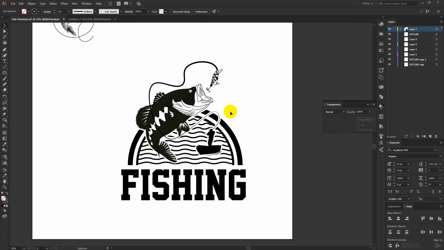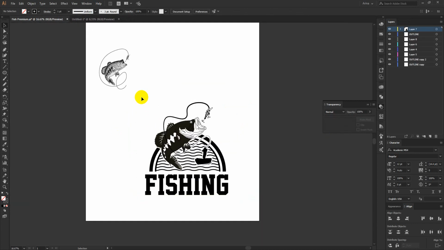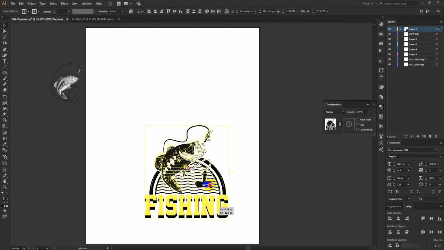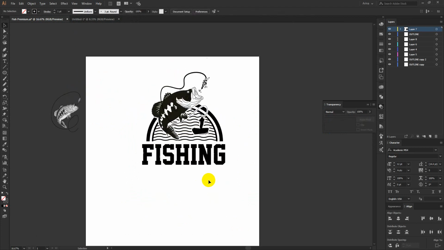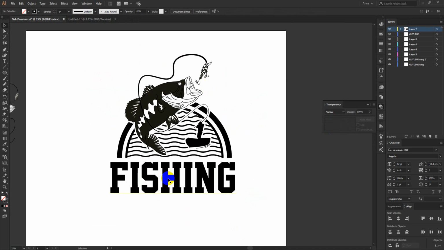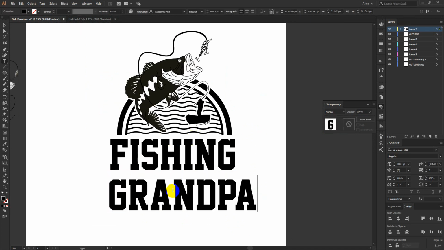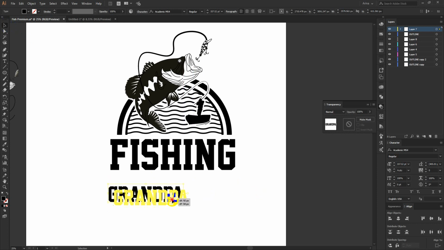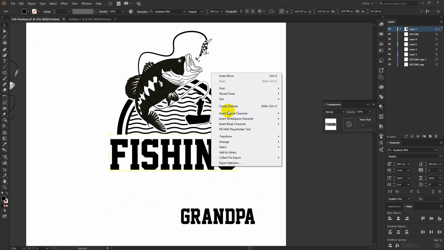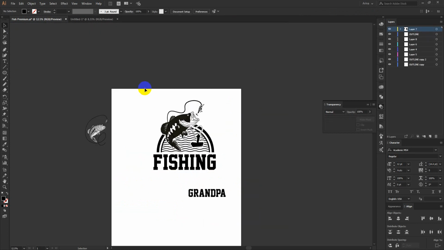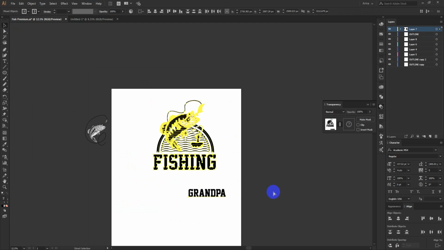So I am just going to make a very simple design here, not very much. As you can see, my design will be fishing grandpa, not too much fancy, just breaking them. I need to make this font a bit. Okay, let me just copy them.